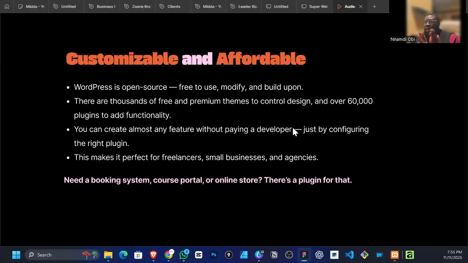It's customizable and affordable. It's open source. It's free to use. You can modify and build upon it, right? There are thousands of free and premium themes to control design and over 60,000 plugins to add functionality. So for example,